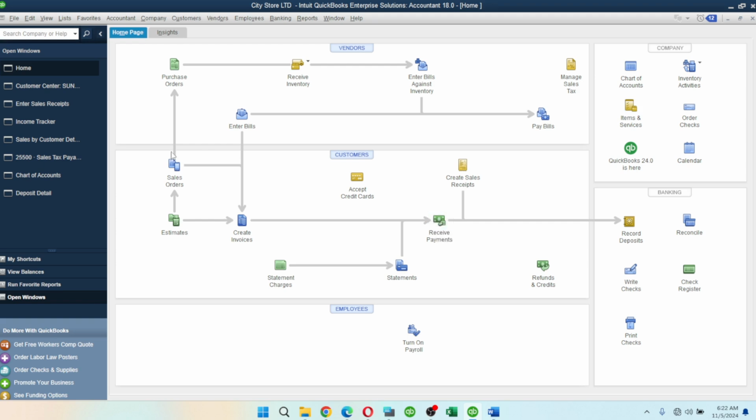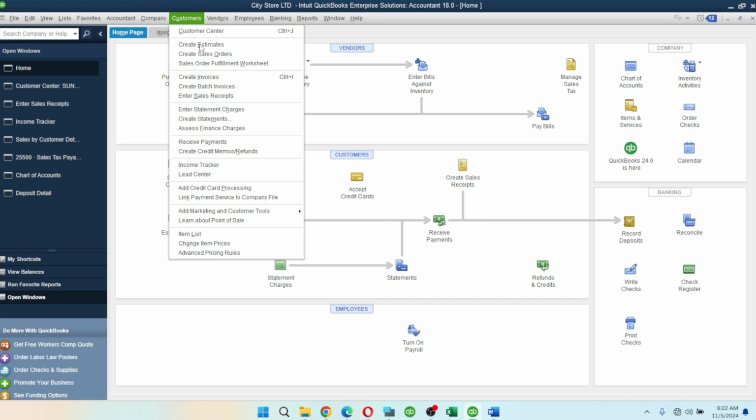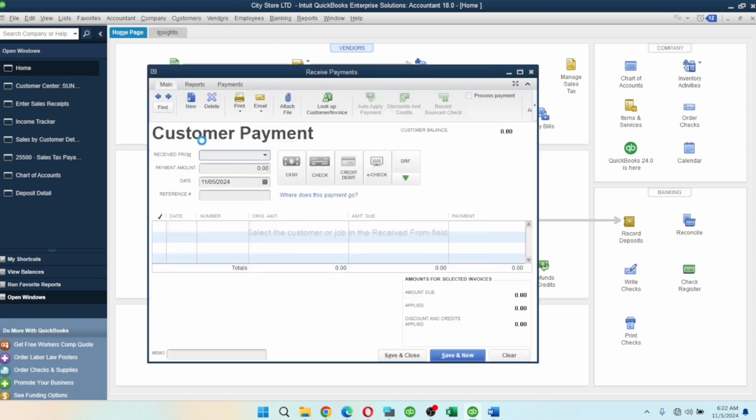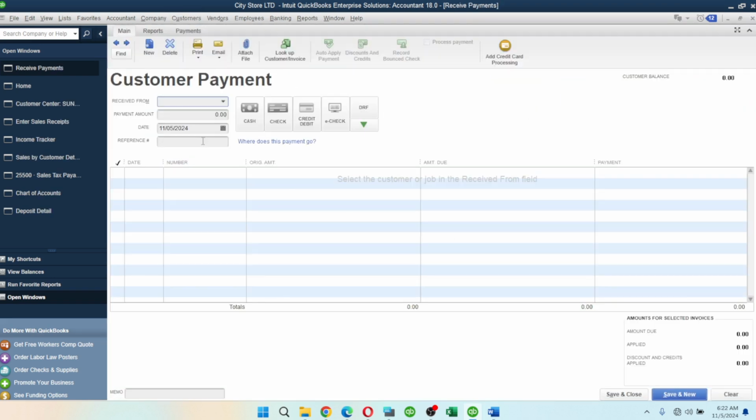If you don't see this here, you can come to your customers. When you come to customers, you can look for where you see receive payments. When you click on receive payments, you see a dialog box like this. Make sure you look around and see if there's anything you need to uncheck, like under this print